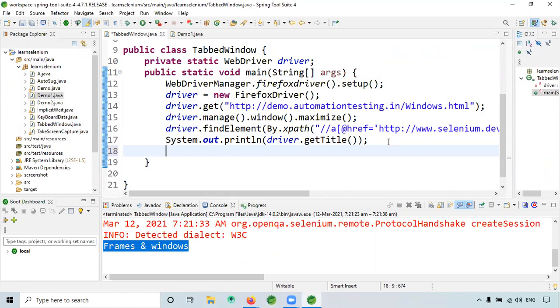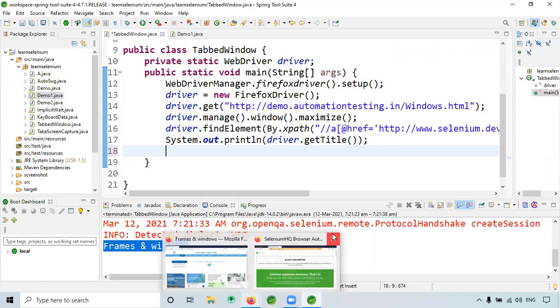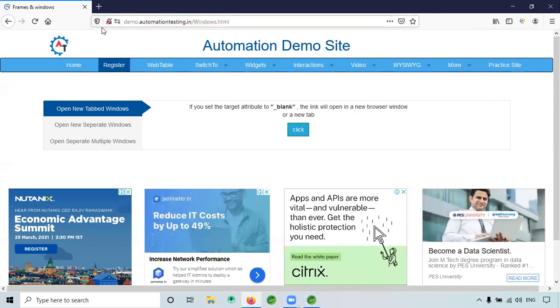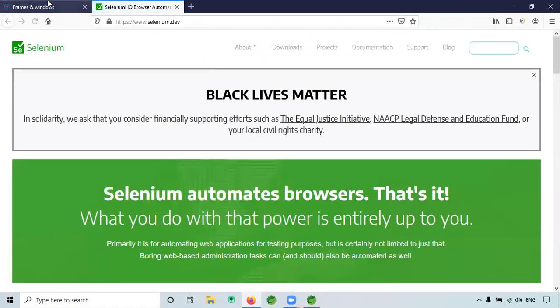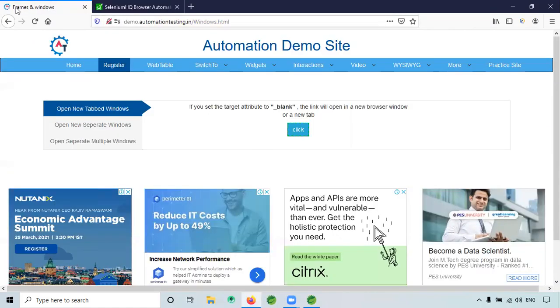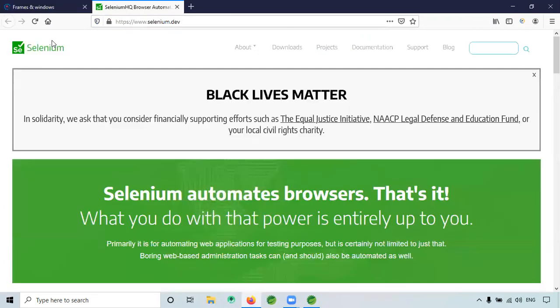So what are we trying to do now? I'm getting the title, then I'm clicking this. I want the title. See, frames and windows is here, and here I have Selenium HQ browser automation like that. We have used that getTitle method to get that title.